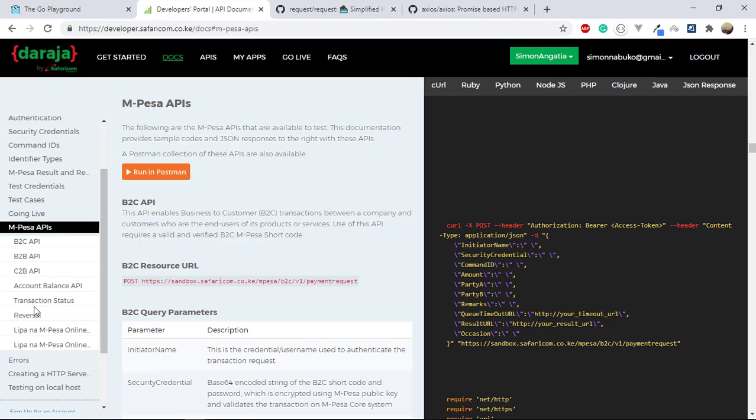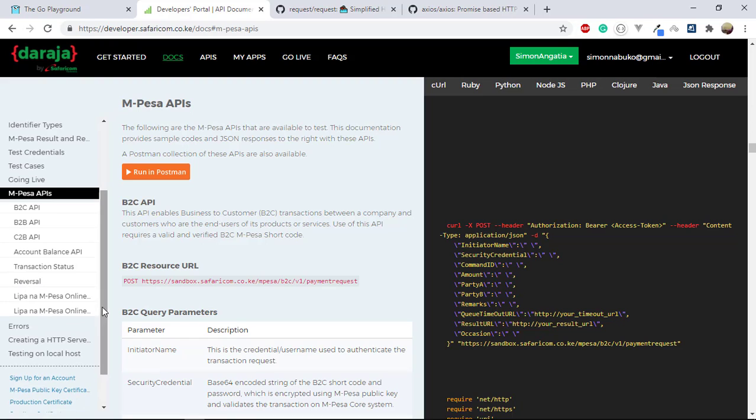Then you have the transaction status, okay? Then you have the reversal, where you can reverse the money, let's say somebody sent you money erroneously, you can reverse that transaction. And then we have the Lipa na M-PESA Online. So this is the one that we are doing. Okay, so we are on this, but actually I will show you that all these are more or less the